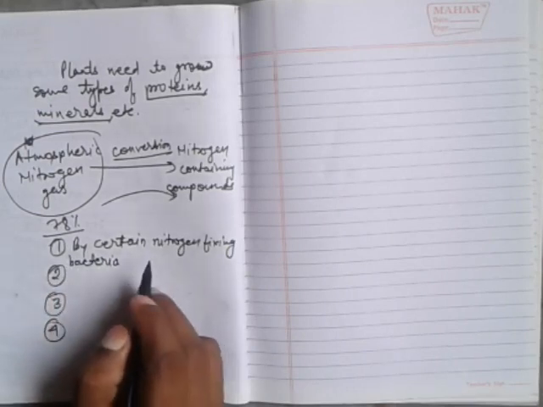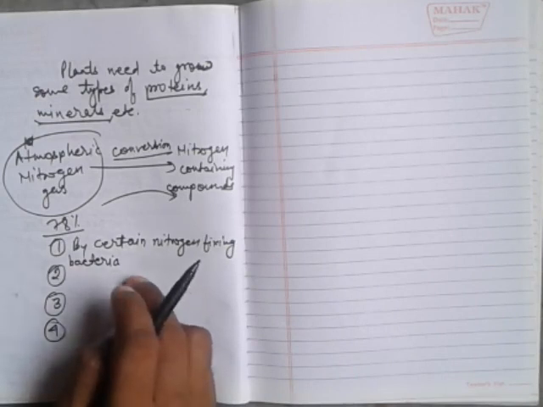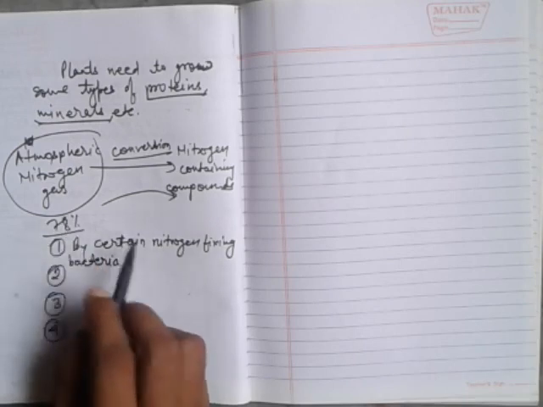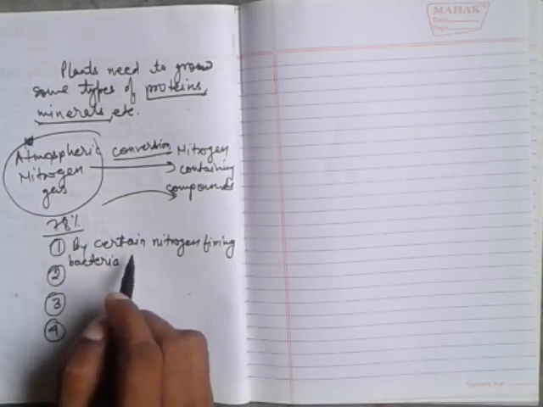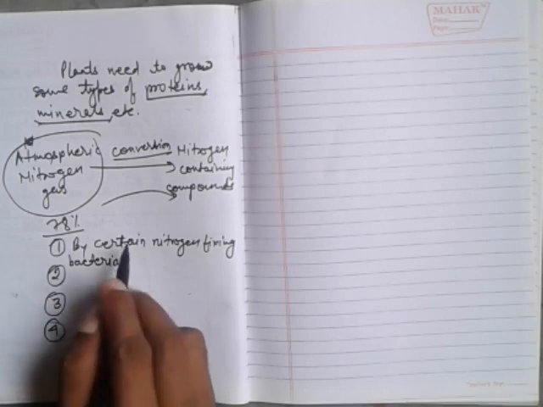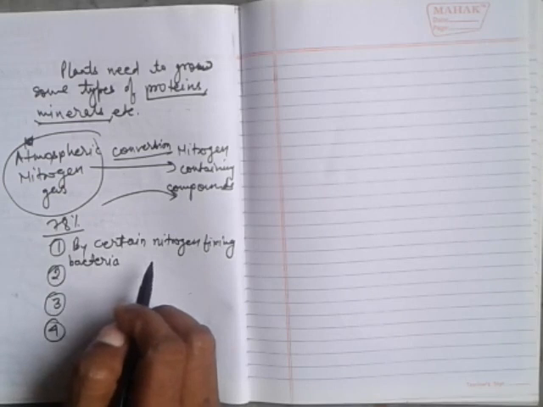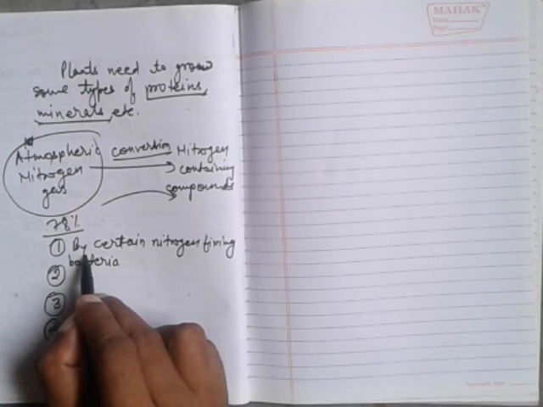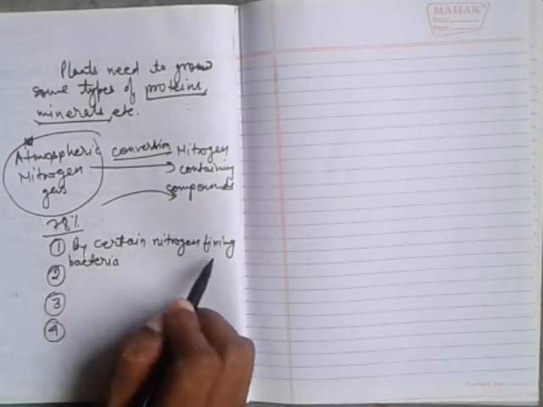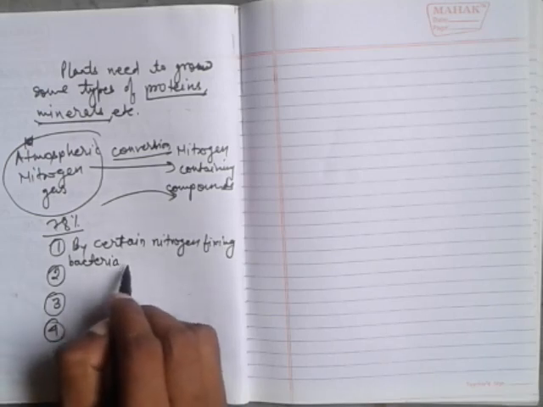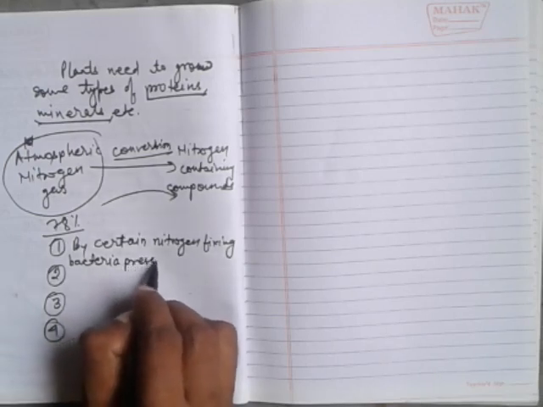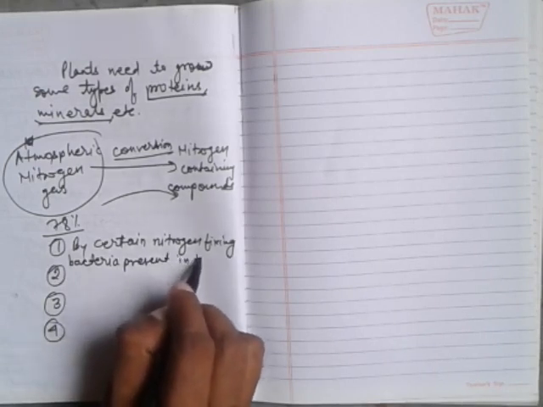Some of the bacteria present in the soil may fix the atmospheric nitrogen, and this atmospheric nitrogen converts into the nitrogen containing compound and goes into the soil directly. It can be done by certain nitrogen fixing bacteria present in the soil,